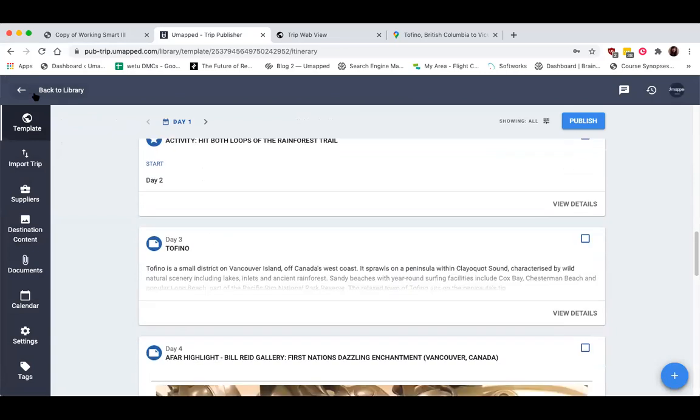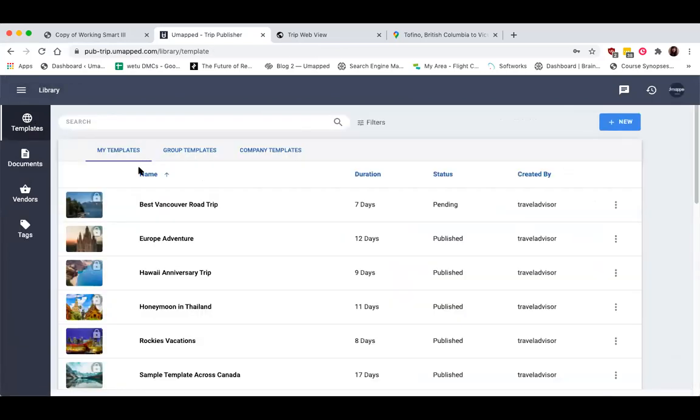And now if I go to my library, you'll notice that it's right up here in my templates. It's never going to get past dated because it isn't fixed to any specific dates. So I can always come back here, maybe create a new trip from this. If I have someone else that comes to me saying, I'd love to go on a road trip in Vancouver, you can say, I have just the thing, because you already have it saved. You don't have to go looking through it for past trips.